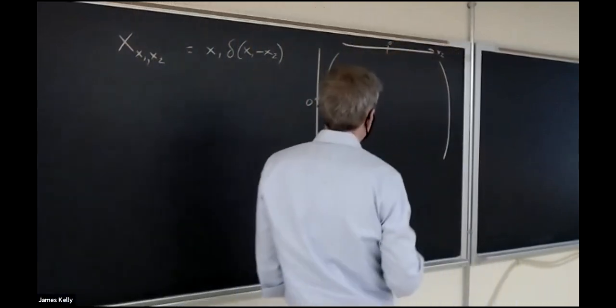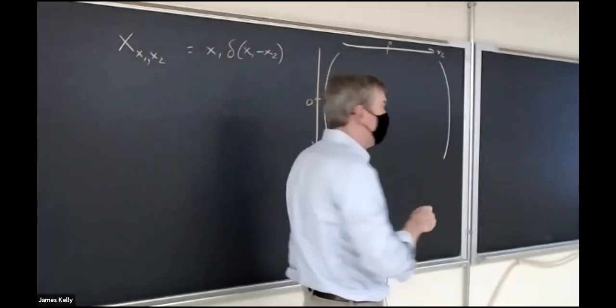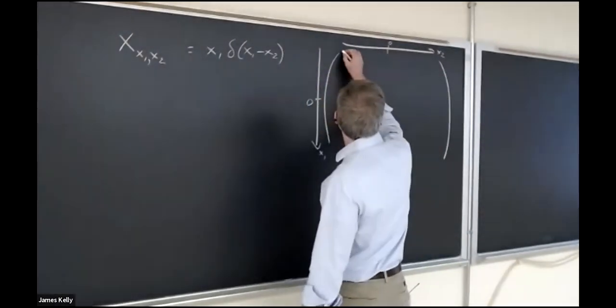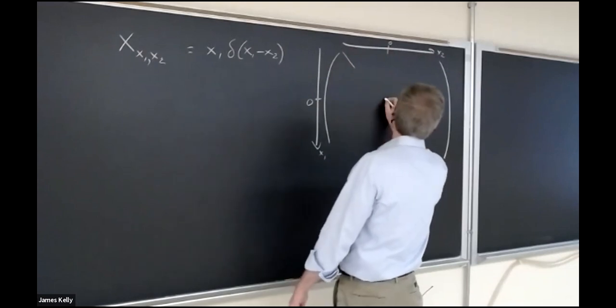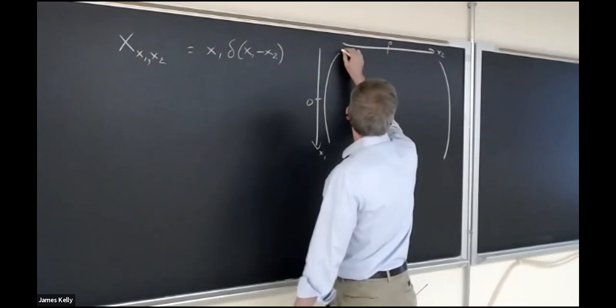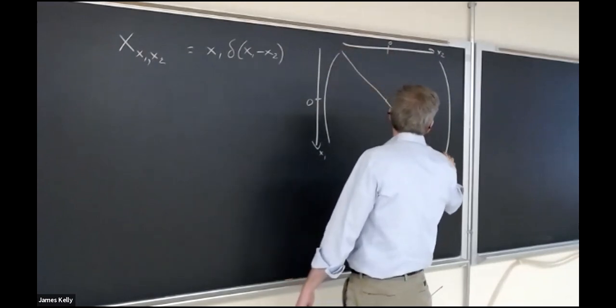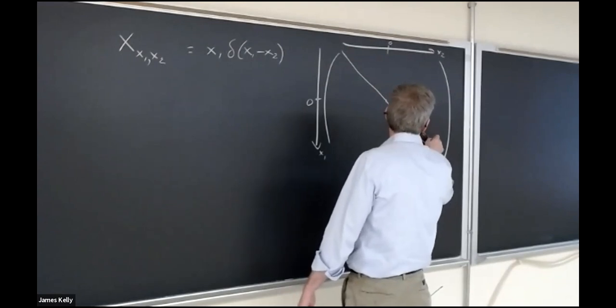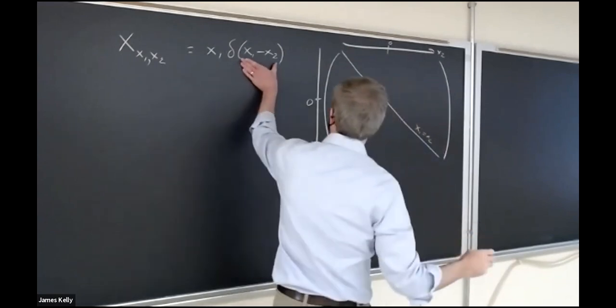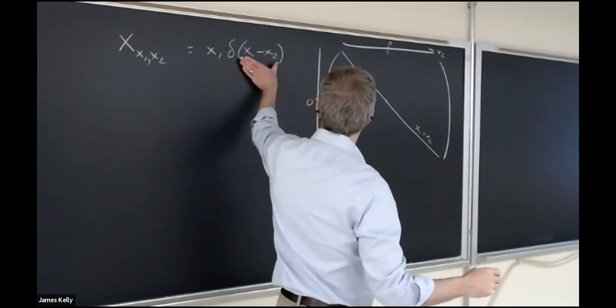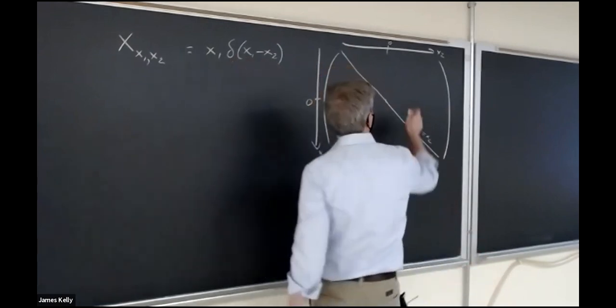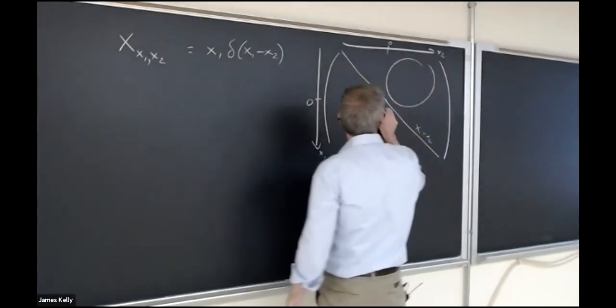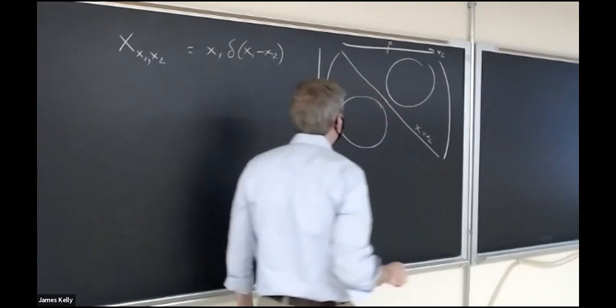Yeah, everywhere except on the diagonal, right? So everywhere except on this line, it would have to go through 0, 0, I guess. So there's a line right there. That's the line x1 equals x2. That's the only place where this function is not 0. Everywhere else it's 0. So I've got a big 0 in this whole region up here, 0 down in that